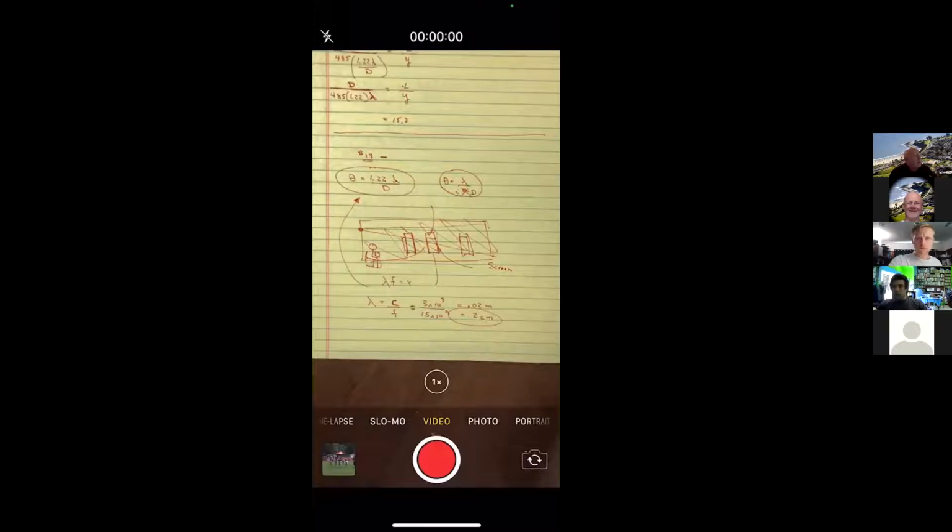Again, that's the Brewster's angle, this X-ray crystal diffraction, polarization by scattering. These things that are right at the end of chapter 38, we just ran out of time,